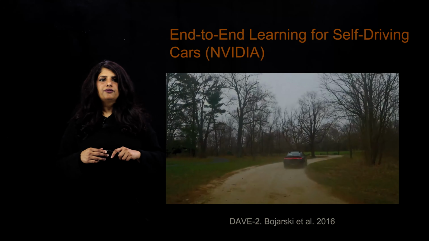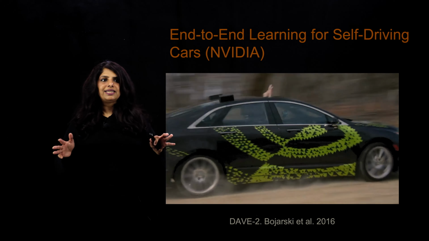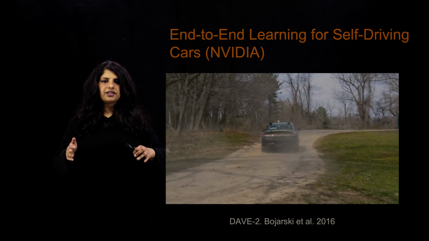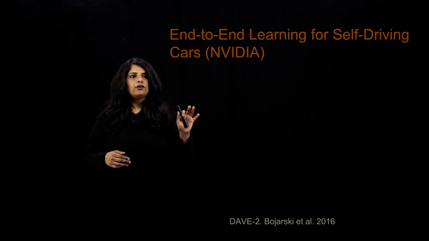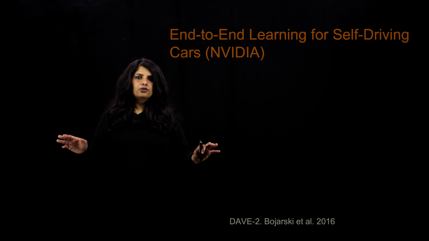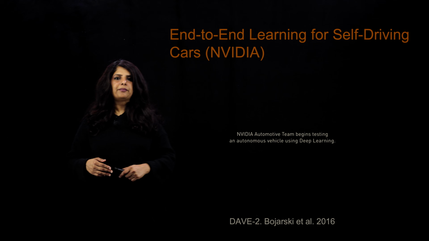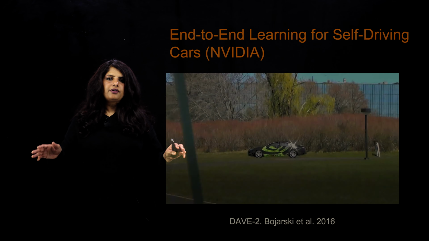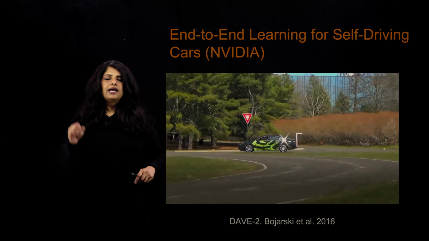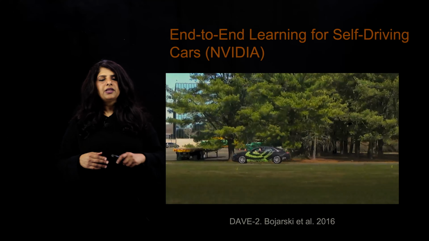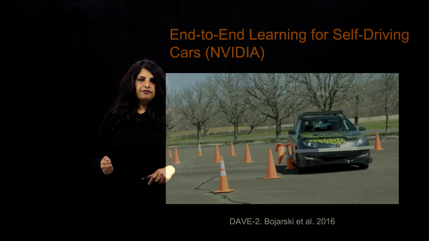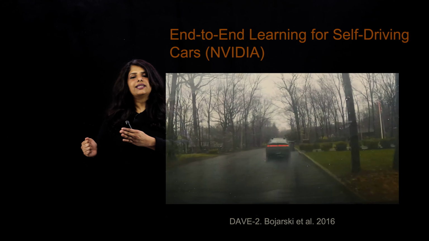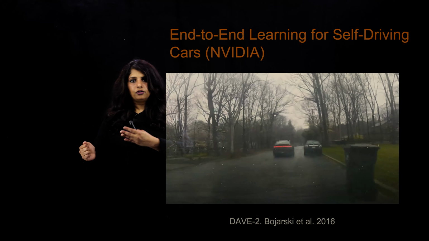What they made use of was these vehicles came with 3 different cameras, one that was forward-facing, which was the main camera that they wanted to use for behavior cloning, and also cameras that were placed to the left and the right and had a known relationship to the forward-facing camera. They used data from both the left and the right cameras as synthetic inputs because of this known relationship that existed.